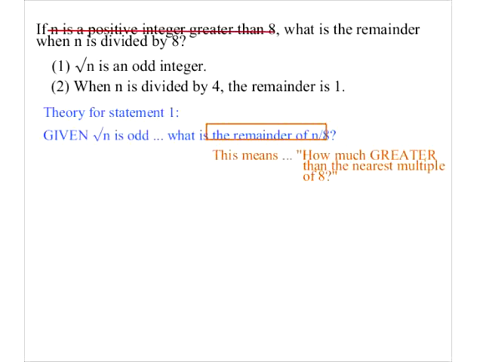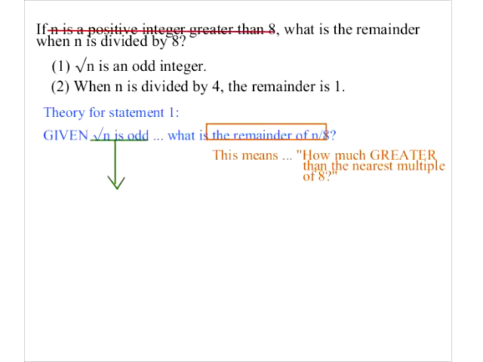So this is what that means. Smiley face, if that makes sense. That's what a remainder is. It's how much greater than the nearest lower multiple of 8. So let's see what we can do with this. So given square root n is odd, it's a little bit awkward, but does anybody know how to represent a random odd integer in algebra form if you do a text box? Yeah, let's not use 2n plus 1 because we already have n. So let's use k. So in algebra form,